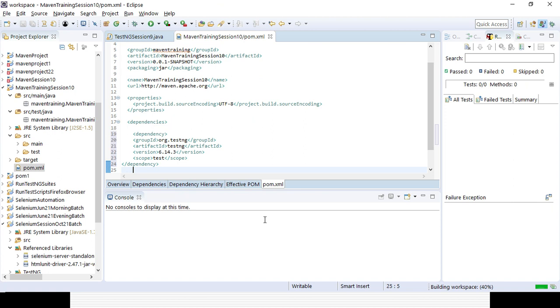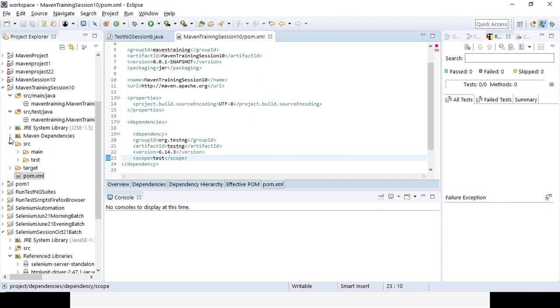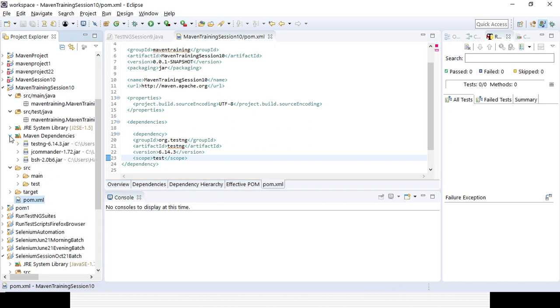You can see it is showing building workspace 40%. Unless it reaches 100%, you should not perform any action, otherwise it will not be visible. It takes some time because it is initially building the dependency. Now you can immediately see under Maven dependencies that the testng dependency got added. There can be a lot of dependencies relevant to testng; you only need to check that the testng dependencies got added.